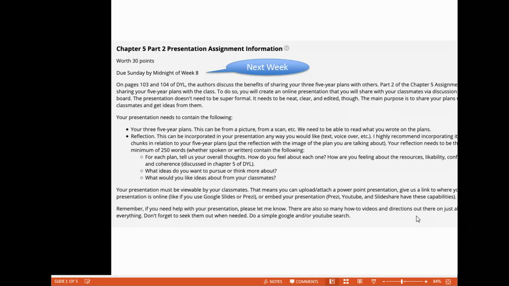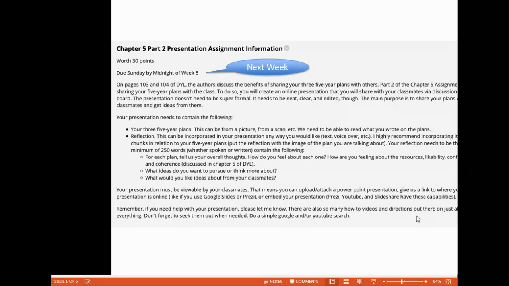There'll also be a reflection incorporated, and you can do that however you want. You can write it out in text. You can do a voiceover like I'm doing right now. I highly recommend incorporating it in chunks in relation to your 5-year plans, right? Put the reflection with the image of the plan you're talking about. Your reflection, pardon me, smoky again today. Your reflection needs to be a minimum of 250 words, whether it's spoken or written, and it needs to contain